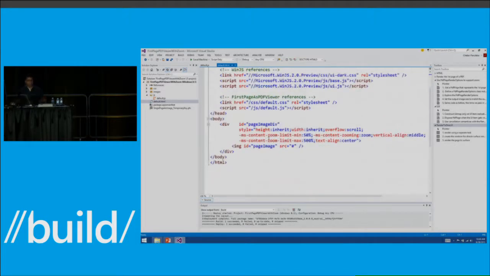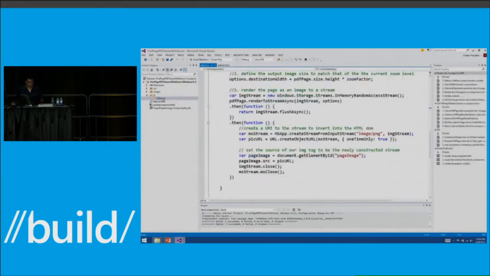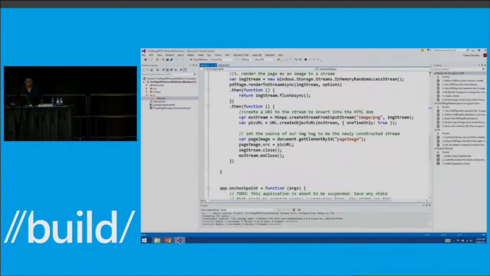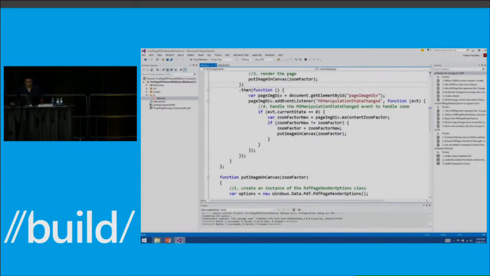In HTML, we have replaced the scroll viewer and the image control with a div and an image element. We are listening to the MS manipulation state changed event to manage the zoom for our PDF page and to issue the re-render.